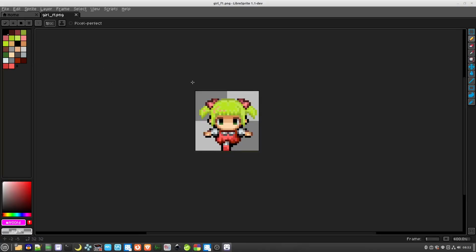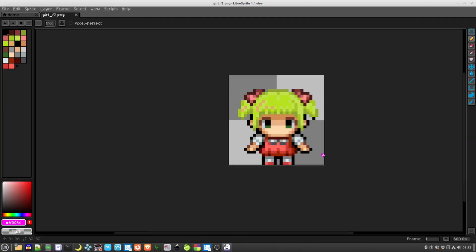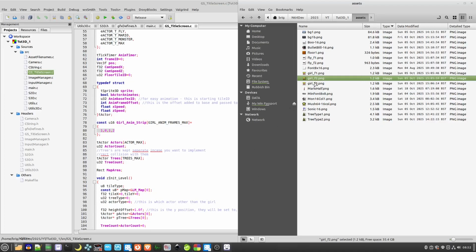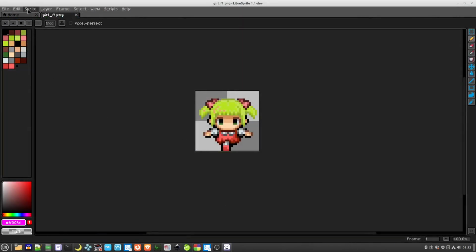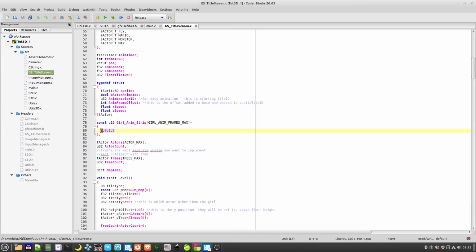the first frame has her with her left leg forward. Frame 2 has her with both feet in place, and then frame 3 is literally this here. So this is how you would handle the animation frames. For a complex animation, you might create a whole list here,